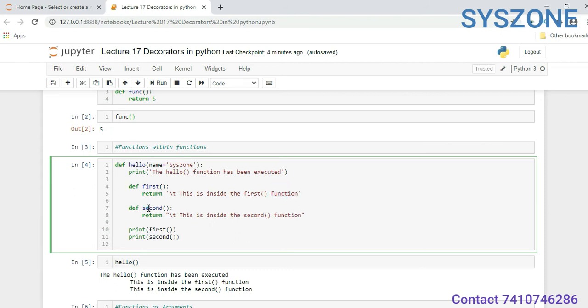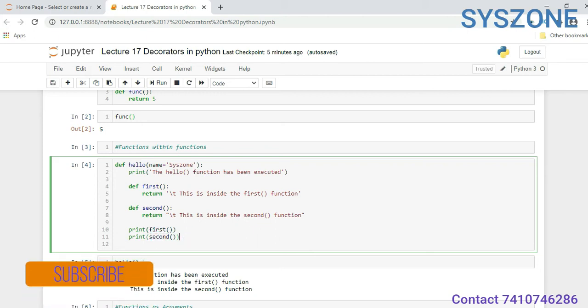Another function named second will return "this is inside the second function". In the main function only, we have defined two different functions. Inside this hello function, we are calling the first function and the second function.